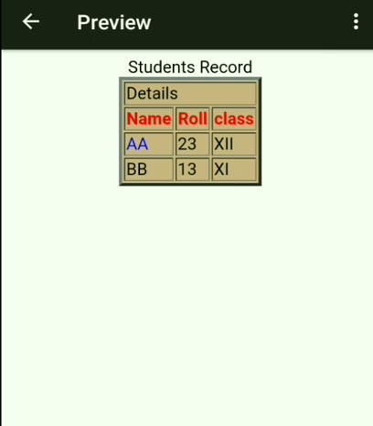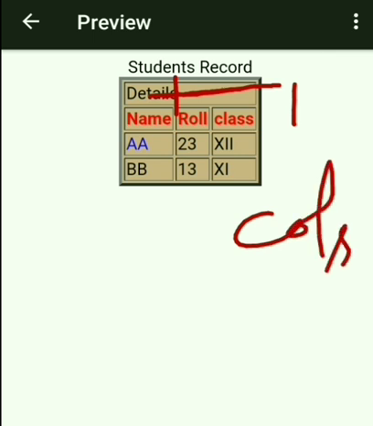That means we have created one column and this column is extended to 3 columns. As it is extended to 3 columns, we write here colspan. Colspan means that column is extended with 3 columns. So we don't have to write the other columns. The first column is extended.